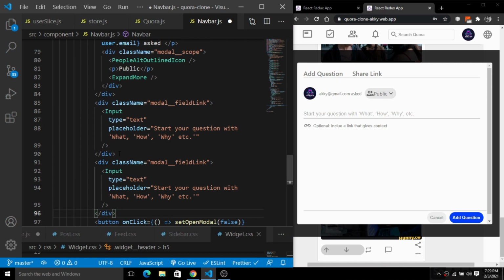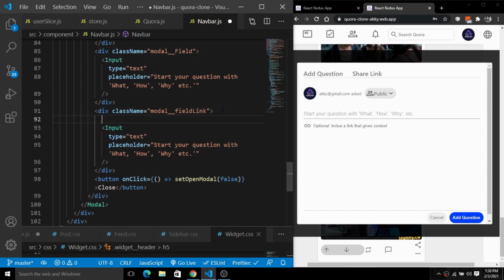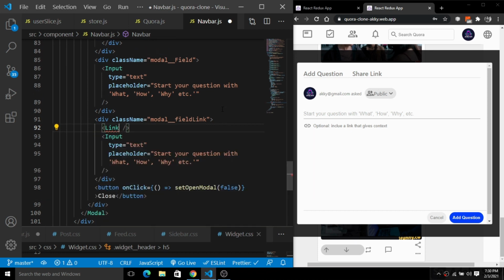So next we have a modal field link. Okay, so we have this modal field, and now we have this modal field link, just like this. So here we will use a link icon. So we will have this link icon. So simply import it from the Material UI icons here. So we have this link icon, and then we have this input field, and we will simply update the